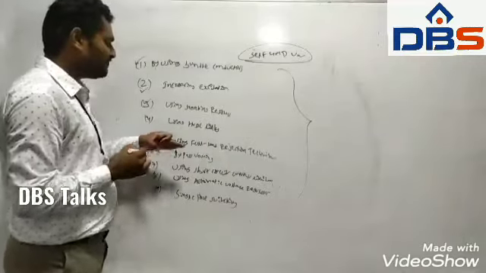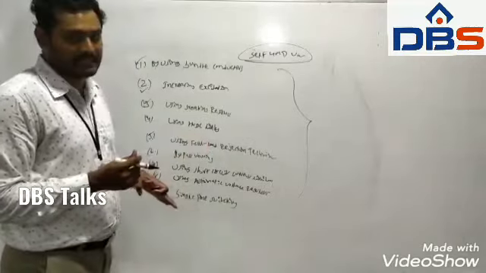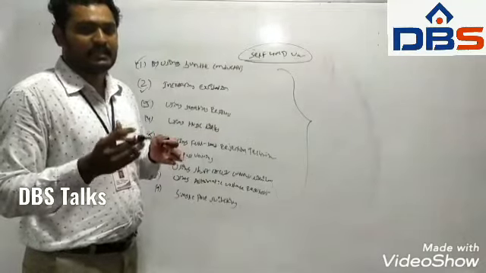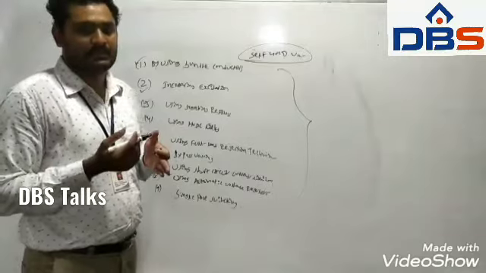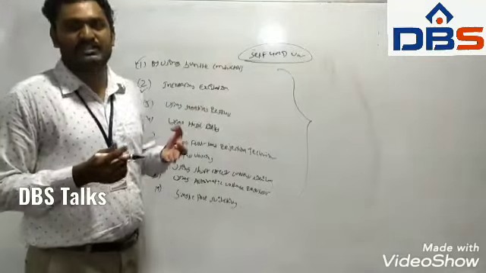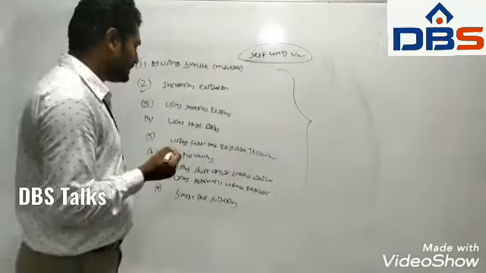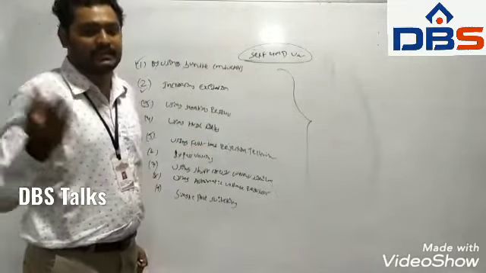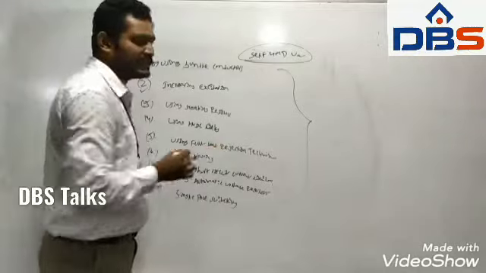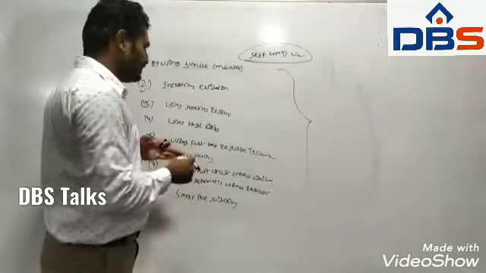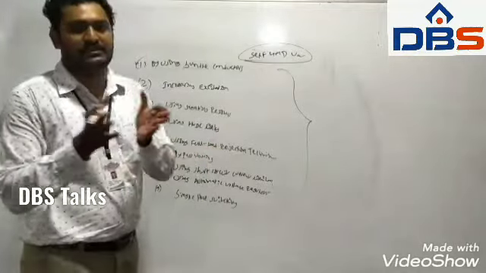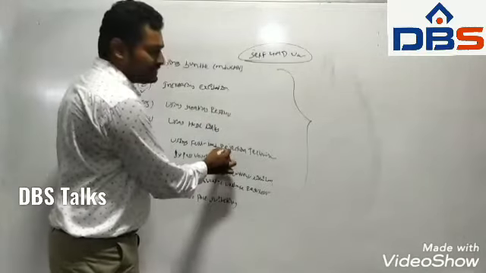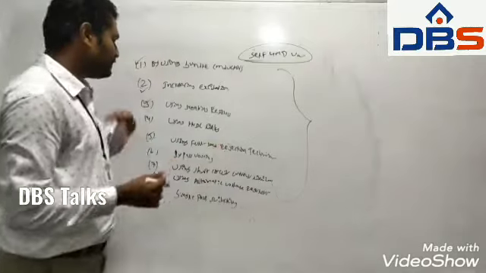And coming to the fifth one, using the full load rejection technique. In certain cases, it is difficult to maintain the stability, even by using fast valving and different techniques. By introducing the full load rejection technique, the system is reloaded and resynchronized. One unit is separated, and by using this full load rejection technique, we improve the stability.